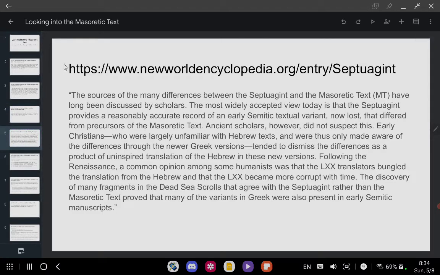And here's another quote from the New World Encyclopedia about the Septuagint. The sources of the many differences between the Septuagint and the Masoretic Text. Now remember, I was telling you, they started to notice there were a lot of differences, and they immediately just assumed that the Septuagint was incorrect. And you'll see that in a second here. The differences between the two have long been discussed by scholars. The most widely accepted view today is that the Septuagint provides a reasonably accurate record of an early Semitic textual